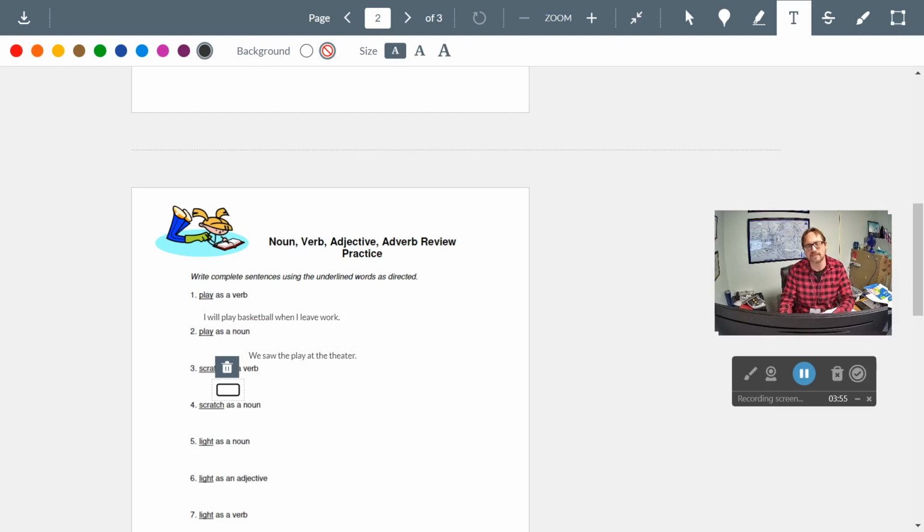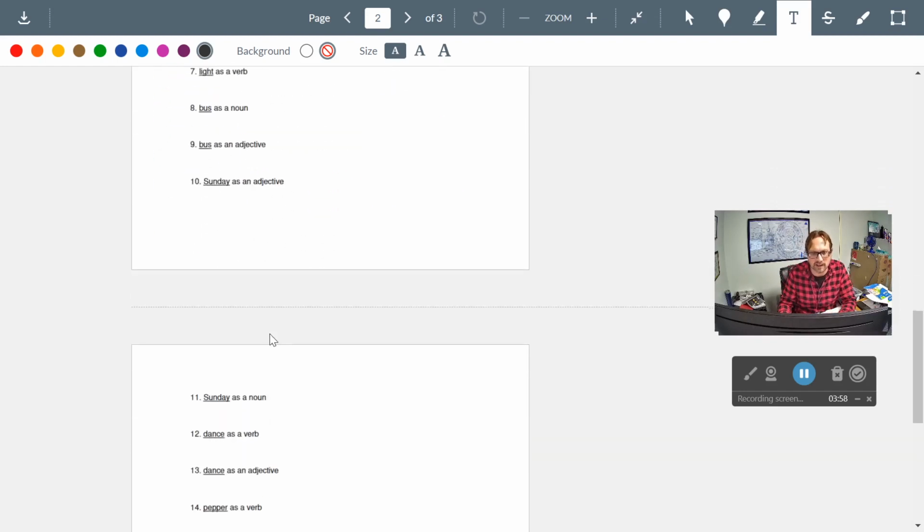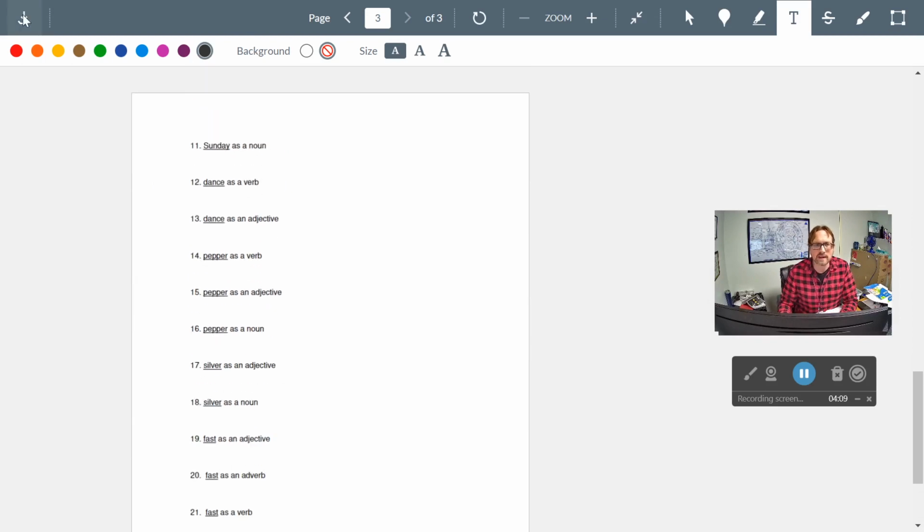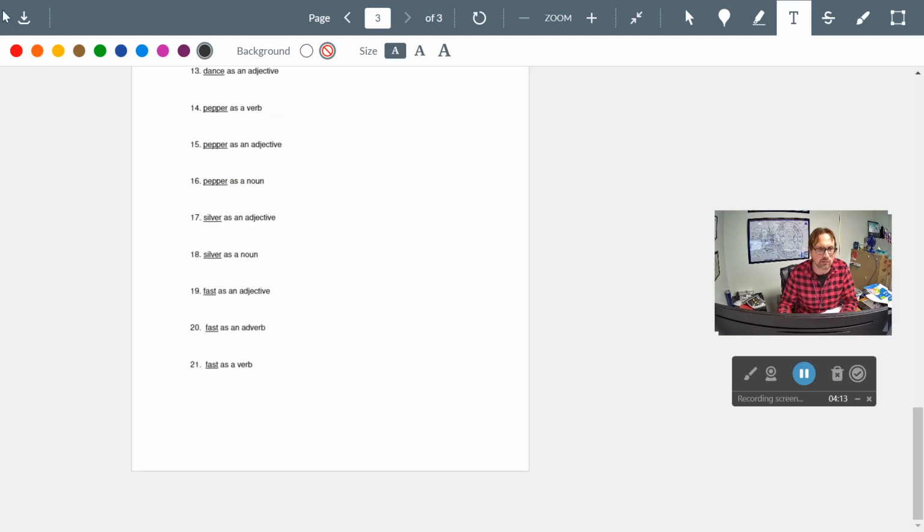And so on. Of course, you can go down through the entire page. Yeah, there are 20 sentences to write, but as you can see, you're using the same word 3 times, just as different parts of speech. When you have completed the work,